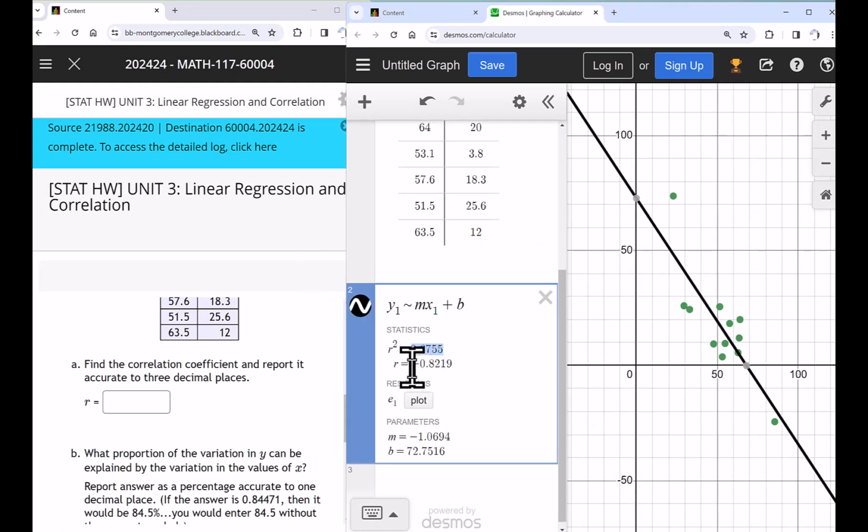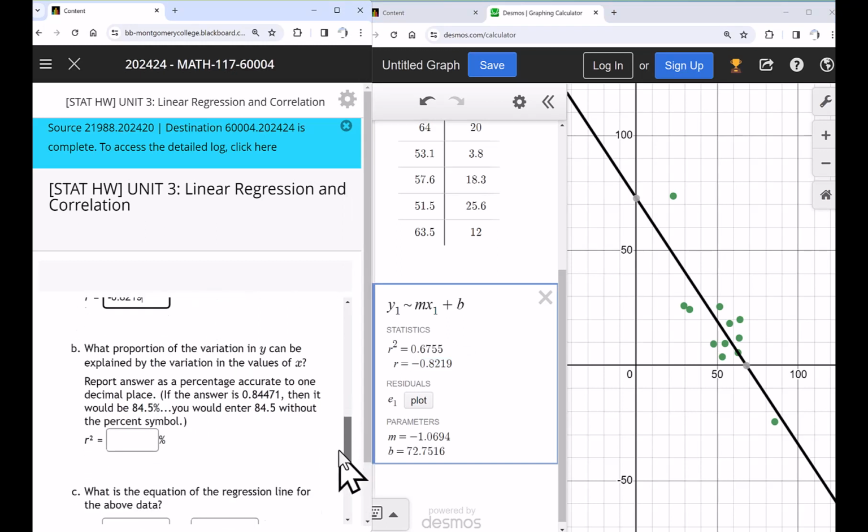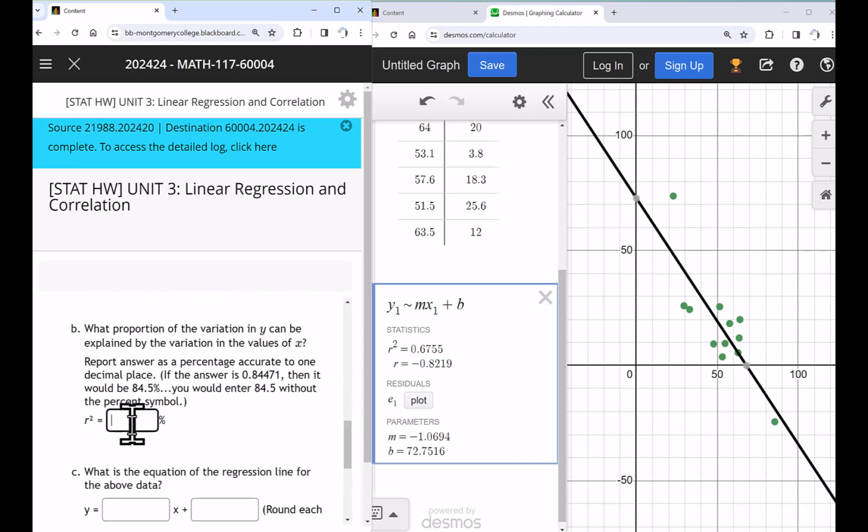And then from here you can fill in the answers. That is, I'm just taking this and pasting it in here, and in case you cannot do that on yours, you just go ahead and type it in. And here it's asking R square as a percentage. That is the proportion of variation that can be explained by the variation in the values of x according to the line. That's what we mean. So we will move this decimal sign 2 digits to the right,